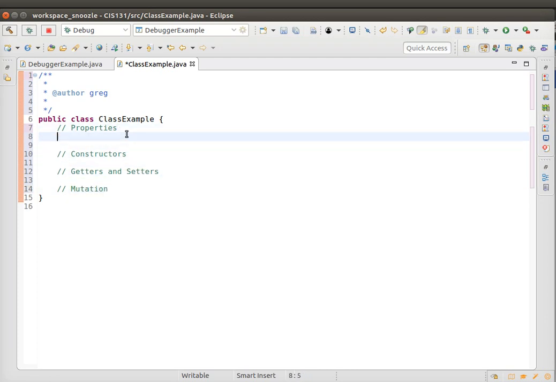So properties are generally in two types. I like to make all my properties in a protected format. So I'll say protected. For this, we're going to build a very basic structure similar to what you're going to have to do in your assignment. We'll make an employee record. So we'll have int employee number,